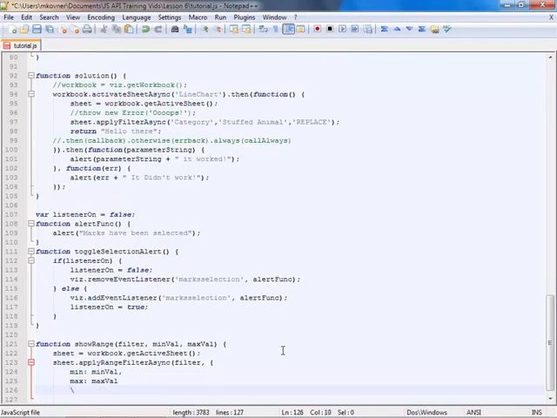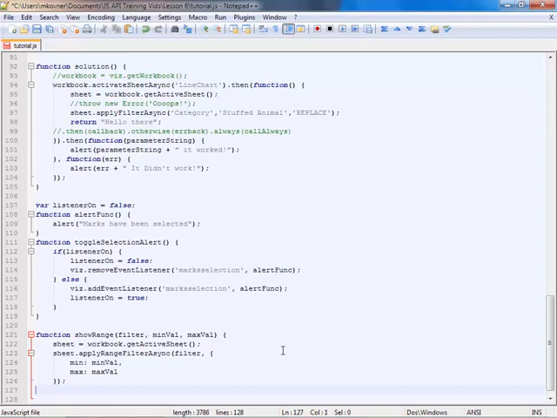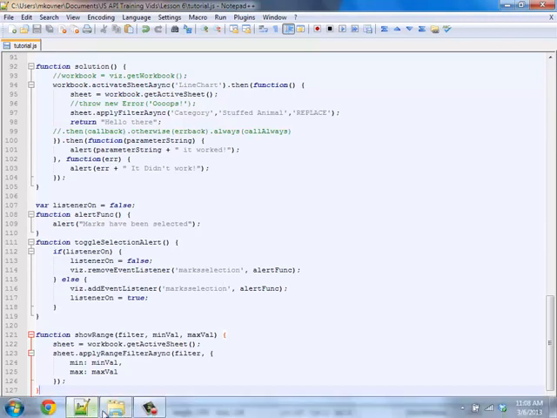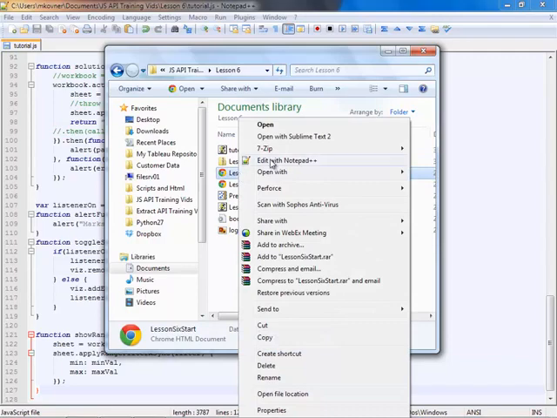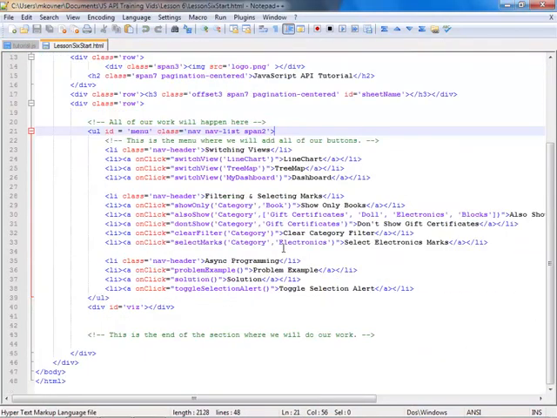Now we need to make sure to close the options object here. Then we close the applyRangeFilterAsync function and then give it a semicolon. Then we close our showRange function. We'll hit save. I'm going to open up my lesson 6 start HTML, and we'll make sure to add a button for this